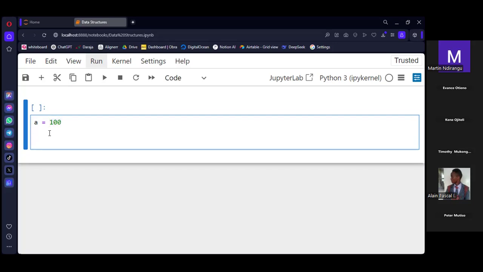And variables can store different data types, like the text type. We talked about text types, like strings. We talked about numbers, including integers, floating point numbers, and complex. We also talked about booleans.